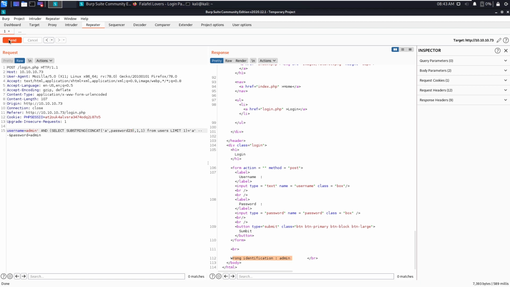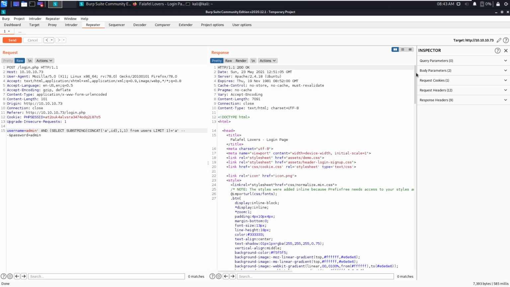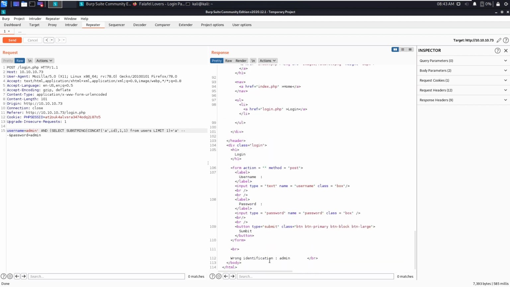Let's say password23, and there you can see there is only try again. So that means we got the columns. Let's check for an ID column. So there is an ID, username, password. We don't generally need the ID. Now we know there is a users table, and in that there are username and password columns.